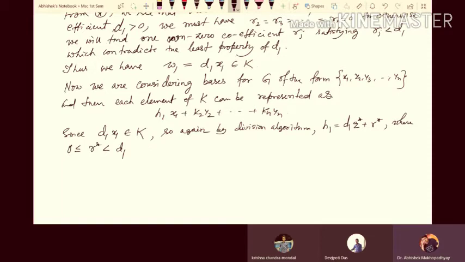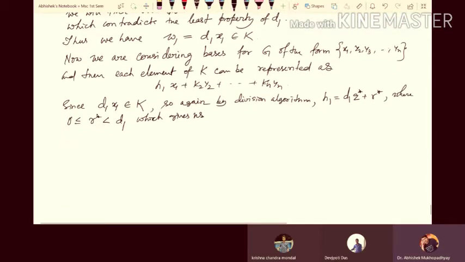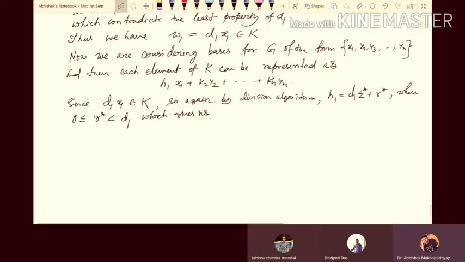By division algorithm, this we can find, and which gives us that if we subtract d1 q star x1 from this element,